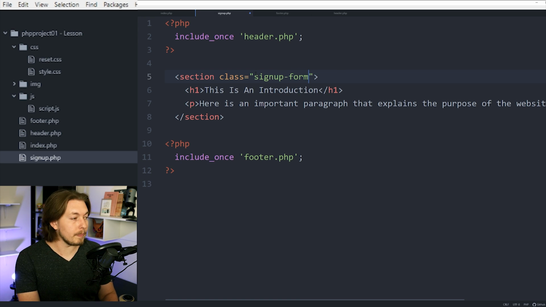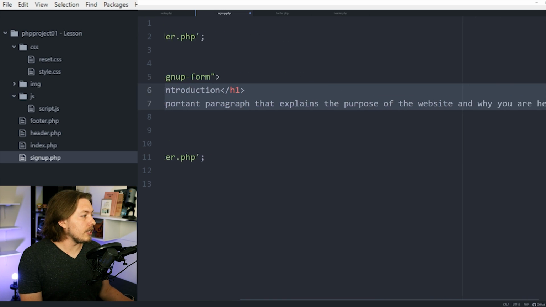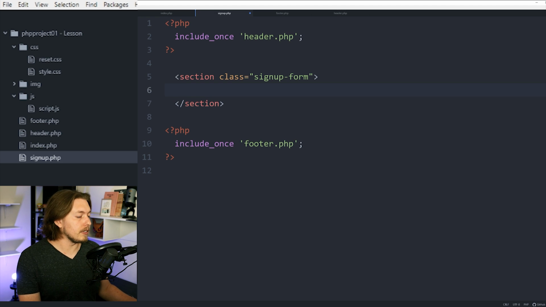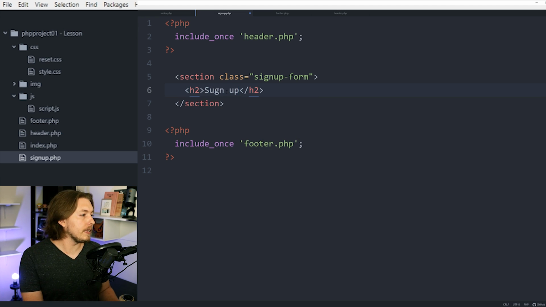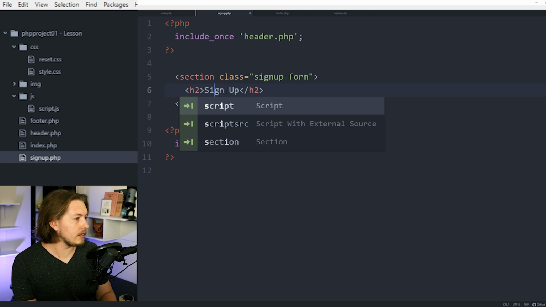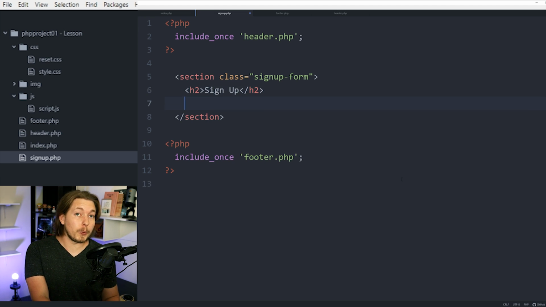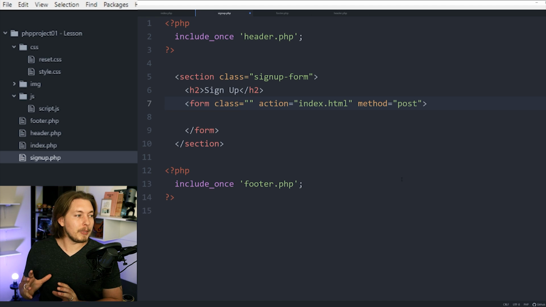I'm going to say form, and inside the actual content, let's delete what we have here because we don't need an intro paragraph or header. So I'll create an h2 tag, and inside the h2 tag we're going to call this one sign up. Then below the h2 tag, we're going to create a basic HTML form,